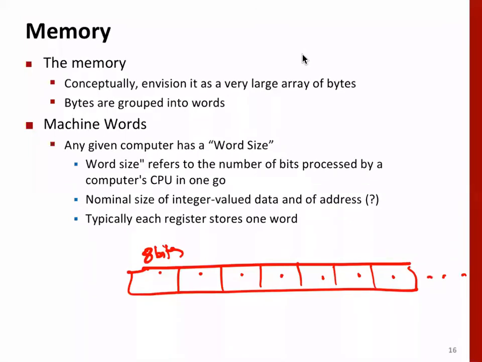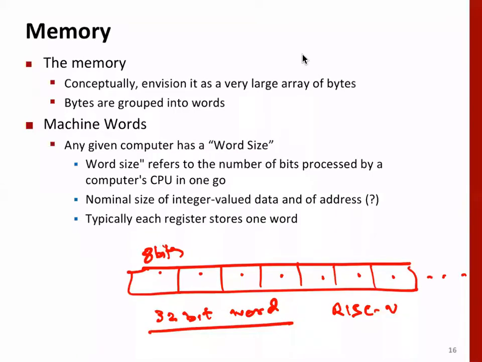It's a very misnomer term, because what it meant 10 years back is something else. But in general, each processor defines the word size, and there can be multiple word sizes also. Let's restrict our understanding to one word size for a machine. Let's assume that a machine, or one architecture, has, say, a 32-bit word. We will study RISC-V, which has a 32-bit word. It means that one word consists of 4 bytes.